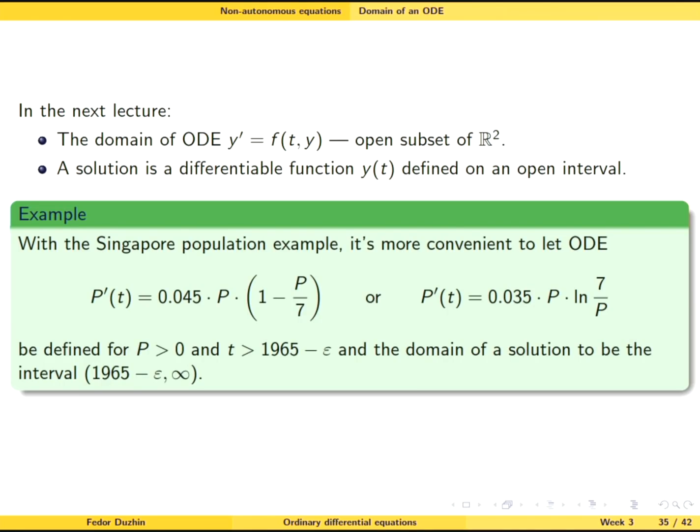Okay, so for instance, here it would be more convenient to assume that rather than assuming that p is bigger than or equal to 0, it is more convenient to assume that p is strictly bigger than 0 and t is bigger than 1965 minus certain epsilon, just to